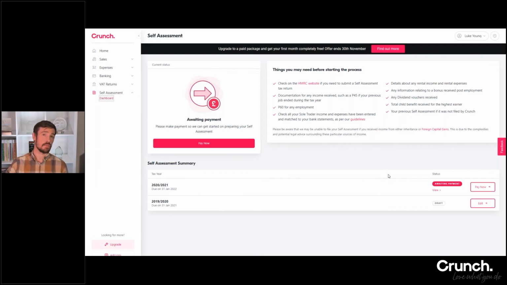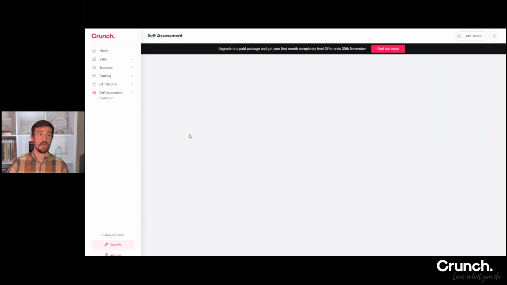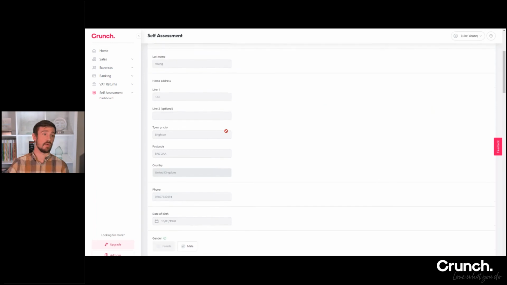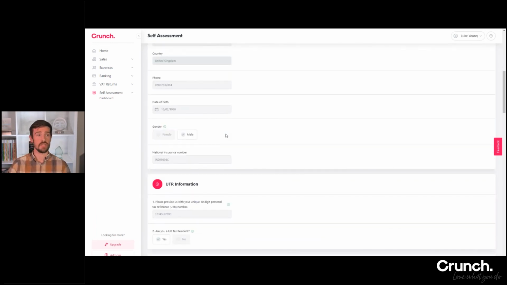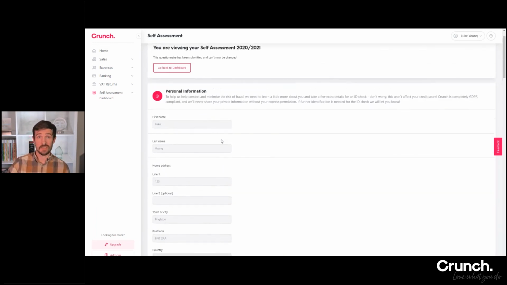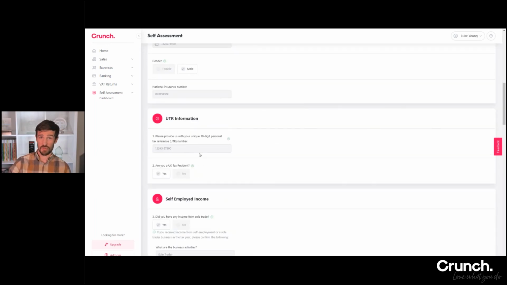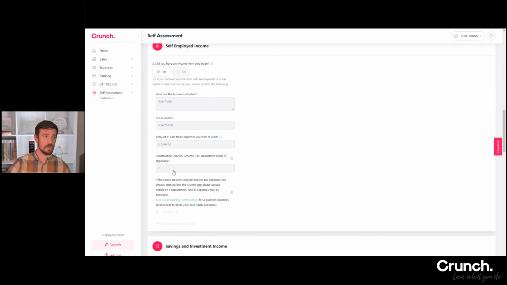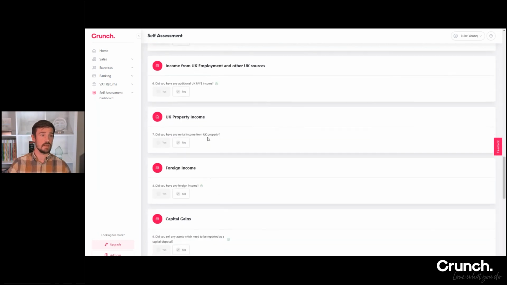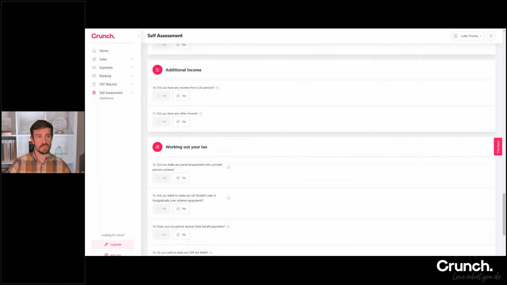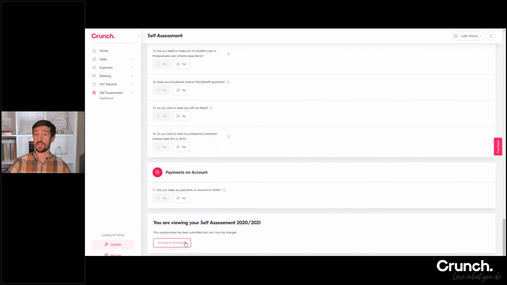One thing that does make the process super easy is the fact that we hold all of that data. So it all just gets automatically pulled onto the self-assessment questionnaire for you. So it's just a case then of going through the form, making sure that it's all okay. It's a simple checkbox exercise. Go, yep, looks good. It pulls through your income, it pulls through any sole trader expenses that you've created. You check all of this, go all the way down,